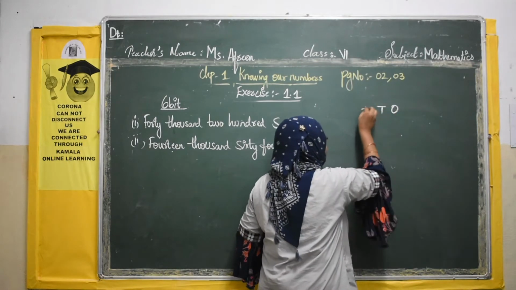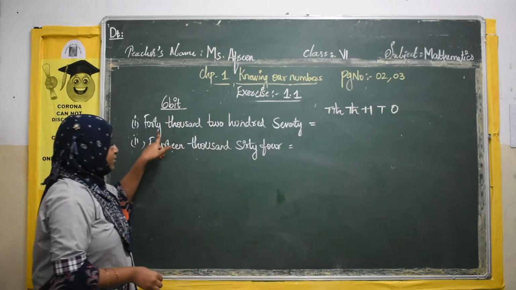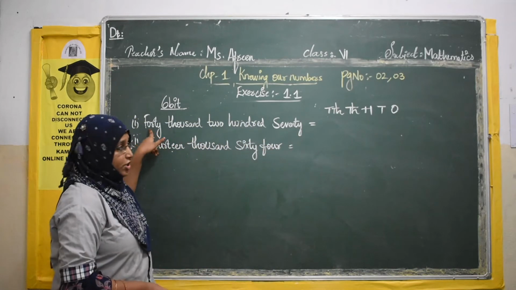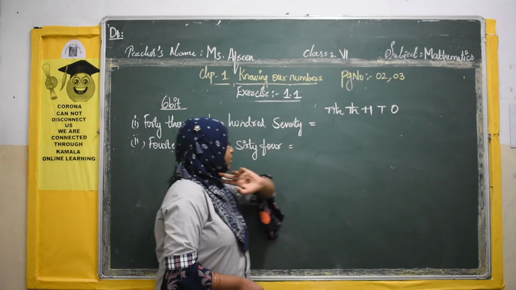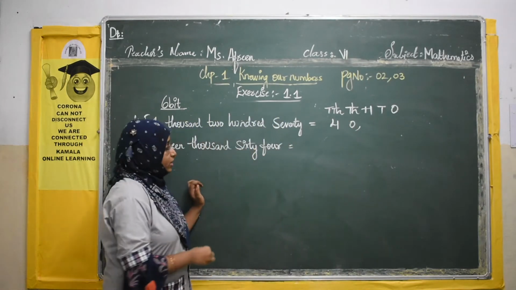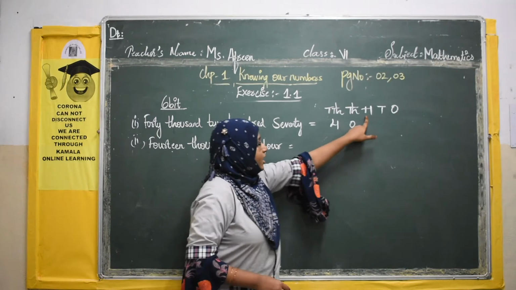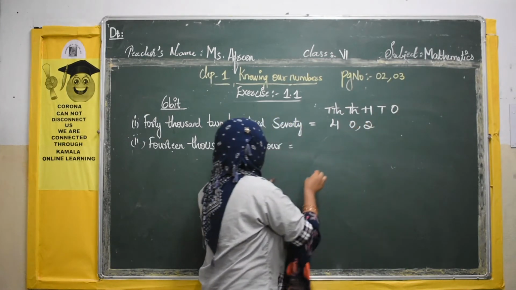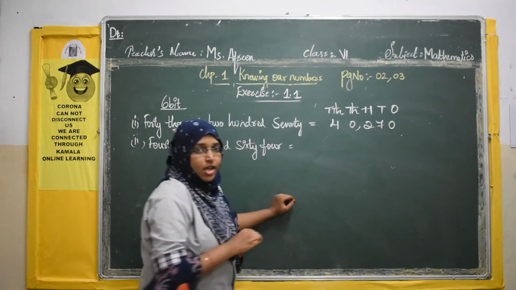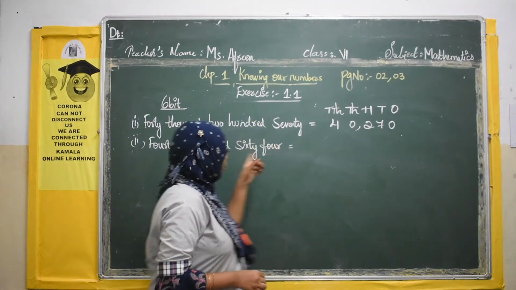So we will write the place values: ones, tens, hundreds, thousands and ten thousands. If at all they had given us 4,000, we might have written only up to thousands. But as it is 40,000, we will write up to ten thousands. So 40,000. Here 270, so 2 will go on the hundreds place. Now here at the hundreds place we will write 2, 200. What is the remaining left over? 70, so 270. This is how we will write the given words into numbers.